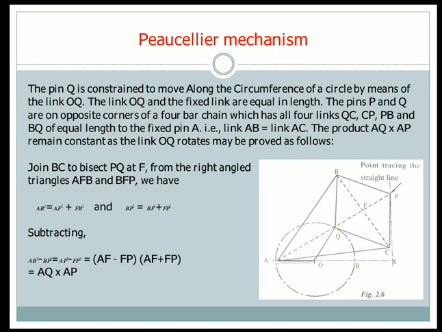We shall take the mathematical formula, that is a square minus b square is equal to a plus b into a minus b. So we write AF minus FP into AF plus FP. From the figure, AF minus FP is AQ, because FP is equal to FQ. So AF minus FP will be equal to AQ. Similarly, AF plus FP is equal to AP. It is clear from the figure that AF plus FP is equal to AP.